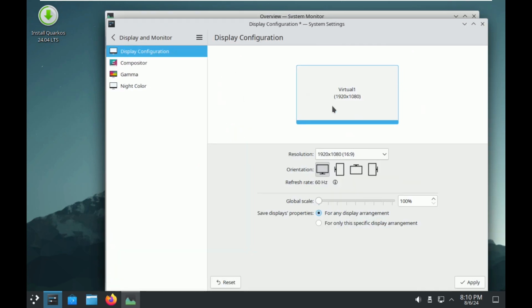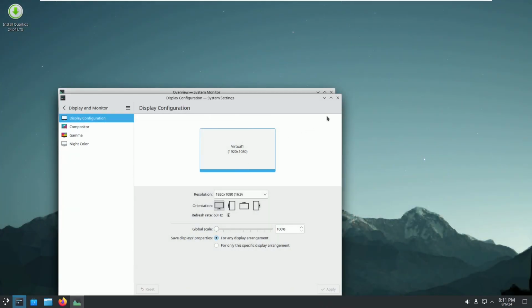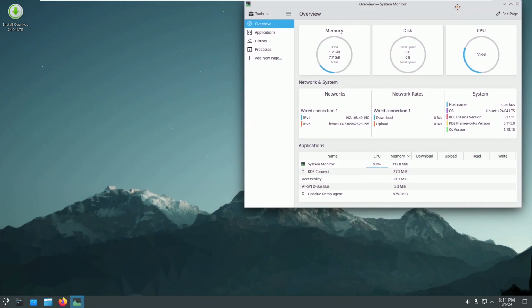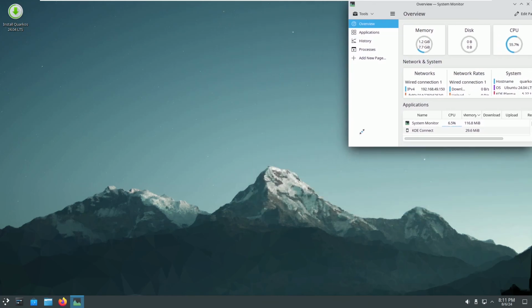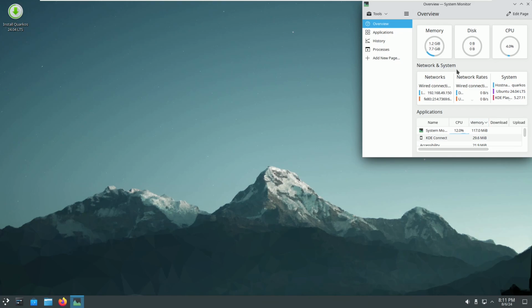And remember, I'm running it on a virtual machine, which is VMware, and also it's going to be running on the RAM. So the RAM will be 300-400 MB less when you install it on bare metal. So that will be a difference. So you don't see a major difference other than that. So right now it's 1.12 GB, 1.2 GB. So I'm going to keep the system monitor in the right side corner so you can see all the changes throughout the video. So I'm going to open the internet browser